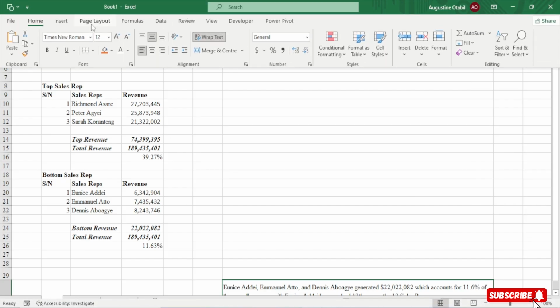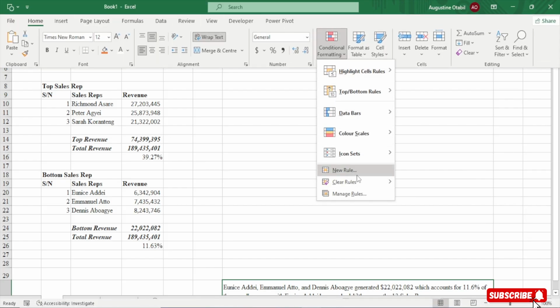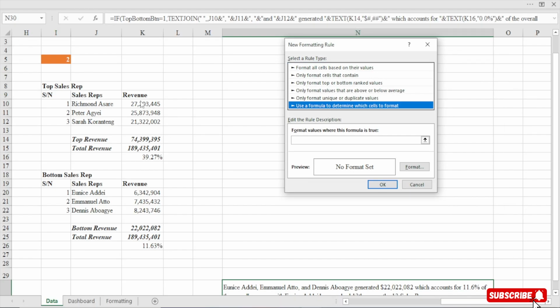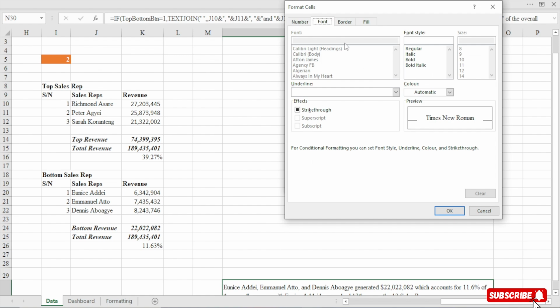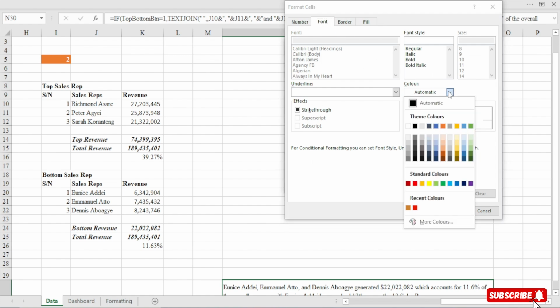Now the same thing, you are saying new rule from formula, select this. If this equals 1, then our font should be, oh, okay, I think I mistakenly selected this for the 2.